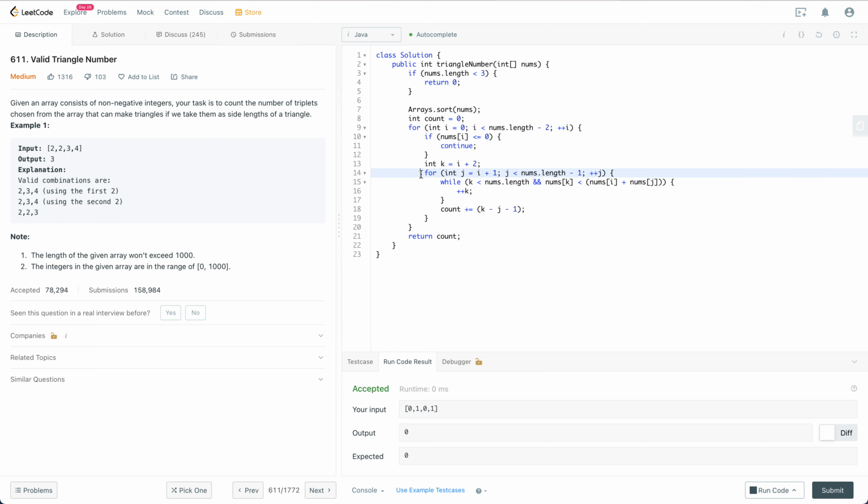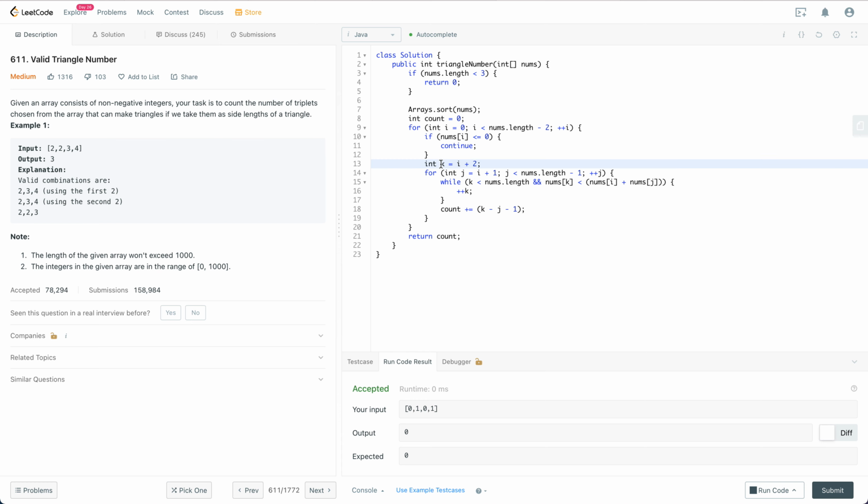For this layer, which is the second largest side, nothing surprising here. But the real technique, the real optimization happens here. Every time you just start k from where it was last time. That is because every time we move j to the next one, because this array is sorted in ascending order, the next number is going to be larger. So potentially